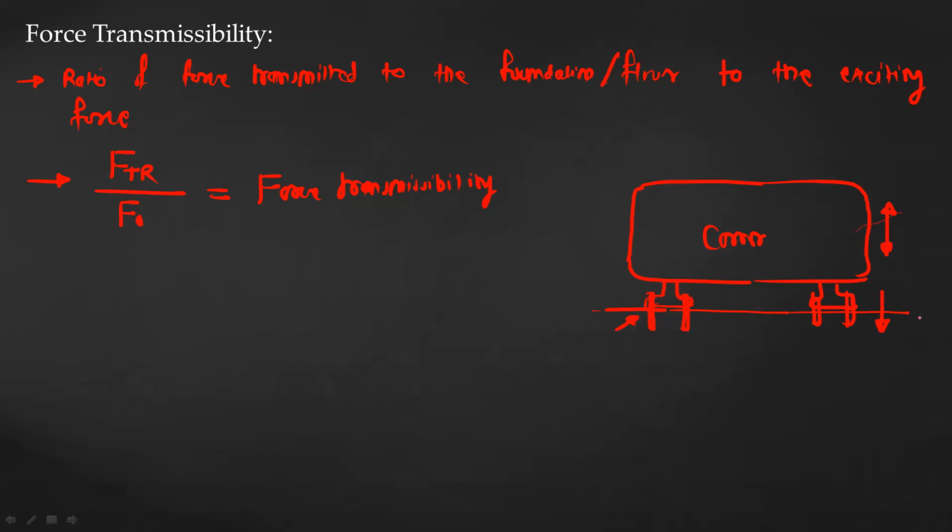So in order to reduce the force transmitted from this compressor to the foundation, we need to isolate the compressor from the foundation. That means we need to add an anti-vibration mount in order to reduce the amount of force transmitted. This is called an isolator. A simple example of an isolator is the rubber pad. You must have seen such isolators below a lathe machine.